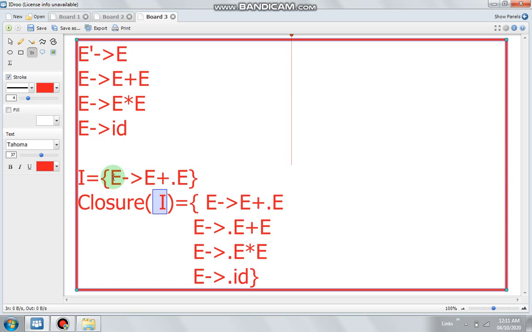And what is I here? I is set of LR0 item. Okay,